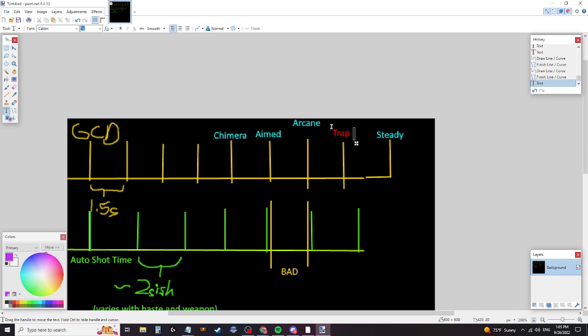You also won't need to do this arcane delaying every time trap comes off cooldown. So you're not delaying every single trap by 1.5 seconds. You're at most delaying every, let's say, every third trap by 1.5 seconds or something. So on average, you're only delaying each trap itself by 0.5 seconds or something, because you won't have to do this every single time. It's only if the GCD and the auto shot timers don't align favorably that you need to